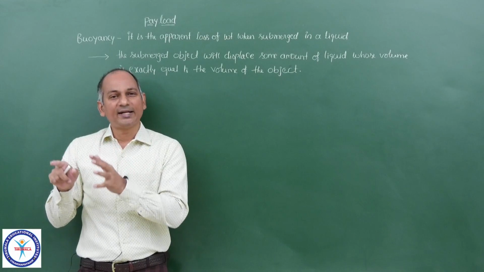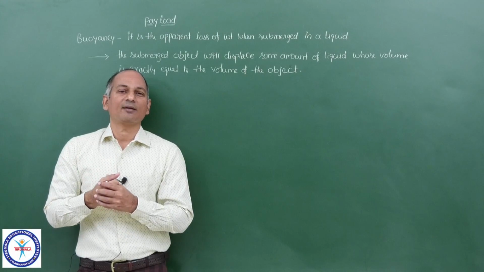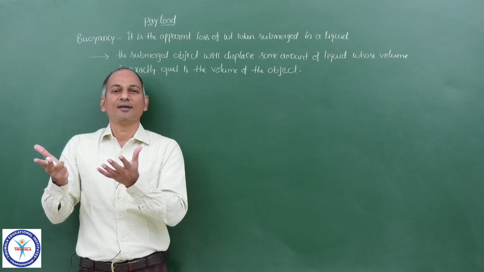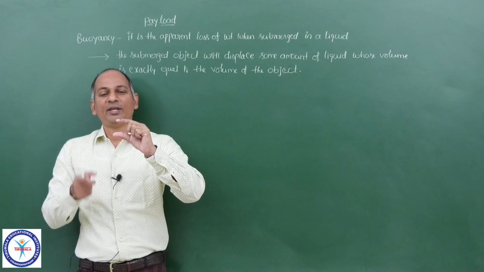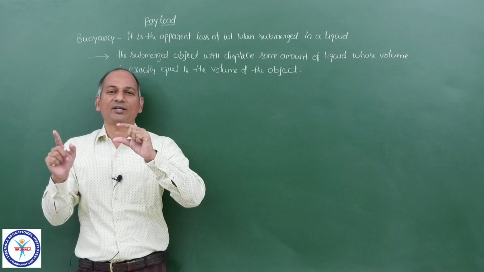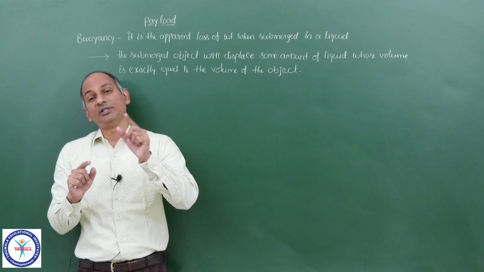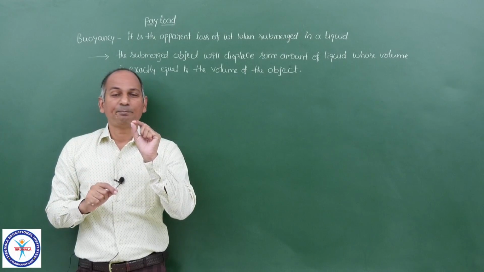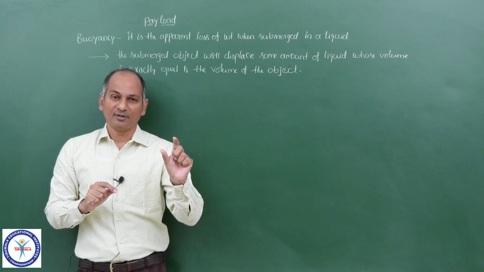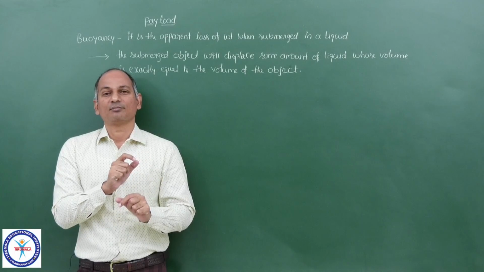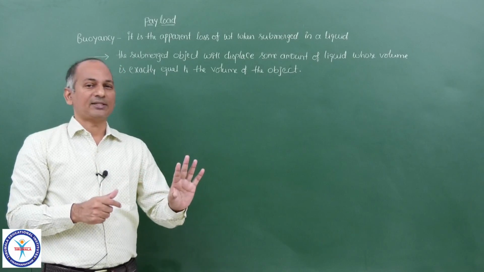Or else, you take a beaker which is partially filled with water. So, now you keep the same boulder in that beaker. Now, the level of the liquid rises. Now, you see how much is the rise in the level of the liquid height. Then you multiply that height with the area of cross section of that beaker. You will get the volume, and you will find the volume is equal to the volume of the boulder. So, a submerged object will displace exactly the same volume of liquid as the volume of the object. So, volume of the object is equal to volume of the liquid displaced.